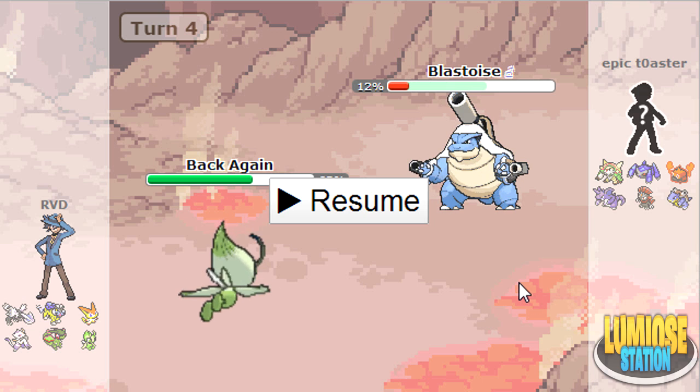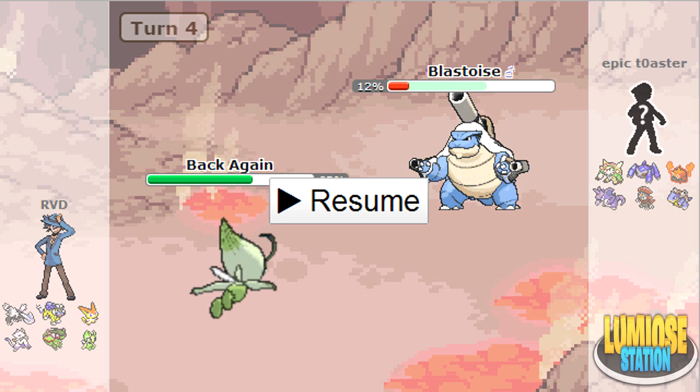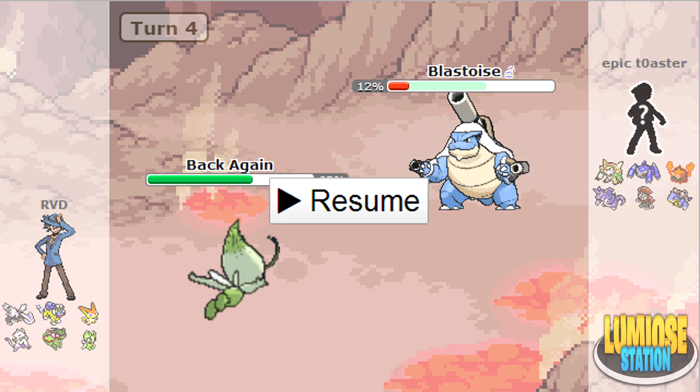I'm going to pause this right here because this is one of the most important turns in this battle. This turn right here dictates if I'm going to be able to have an advantage throughout the remainder of this battle. So as you can see, Blastoise is at 12% HP, which means if I'm able to get up my Stealth Rocks this turn and he goes for the Dark Pulse, if he switches out and switches back in, he will get knocked out by the Stealth Rocks, allowing me to keep up my rocks for the remainder of the battle